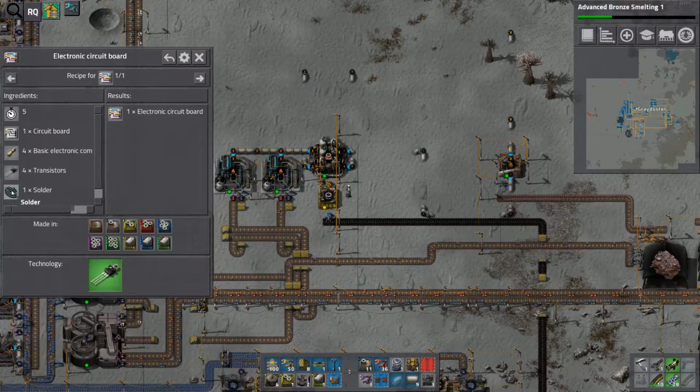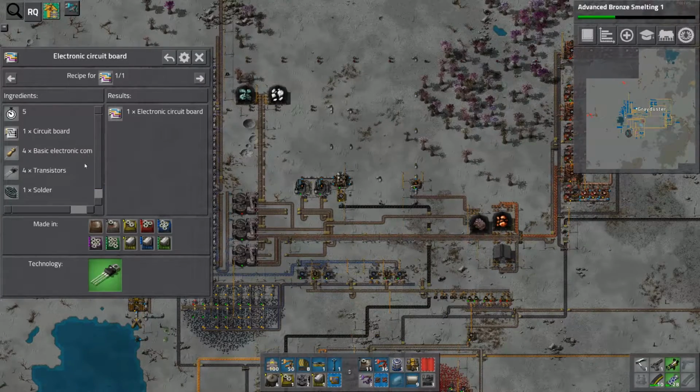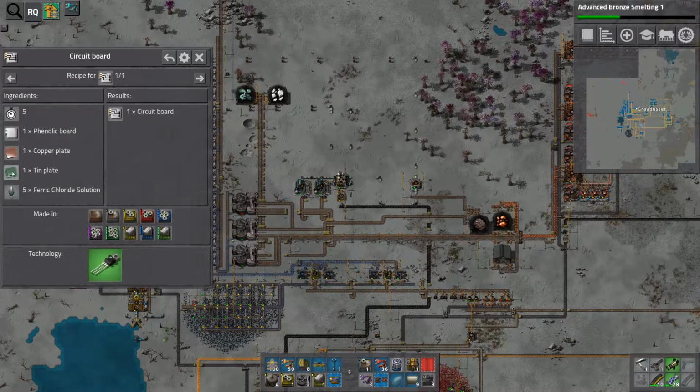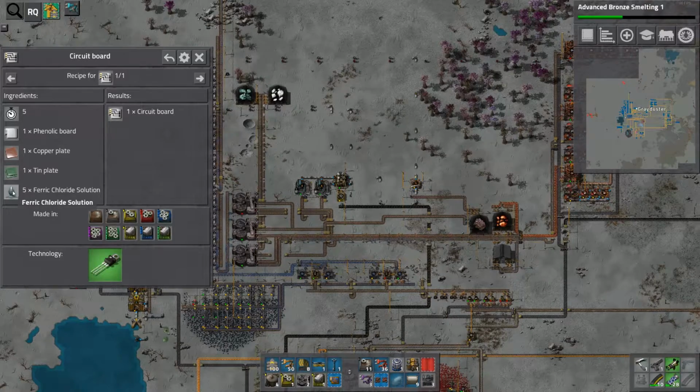We're already making solder, and both of those are sort of down here somewhere at the bottom of the screen. We're making them for the previous tier. We just need to make transistors and circuit boards. Now, circuit boards are, again, fairly simple, copper and tin. We've already got those. We need to make ferric chloride, which is...